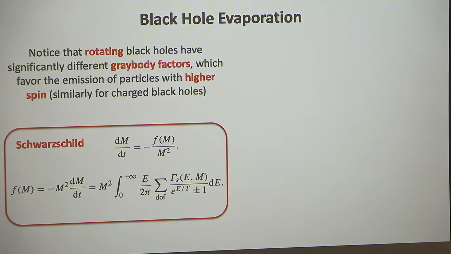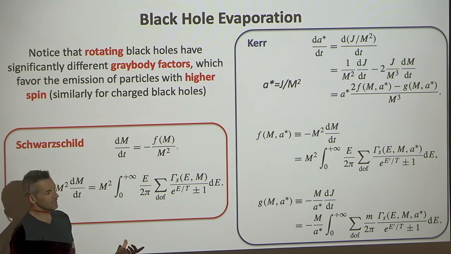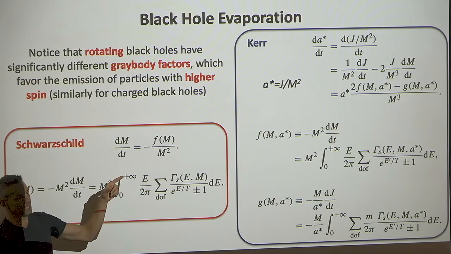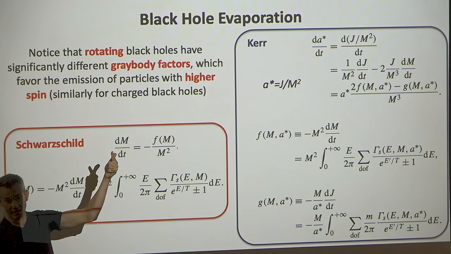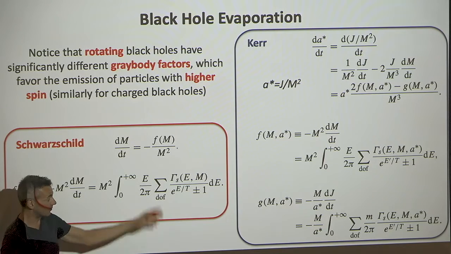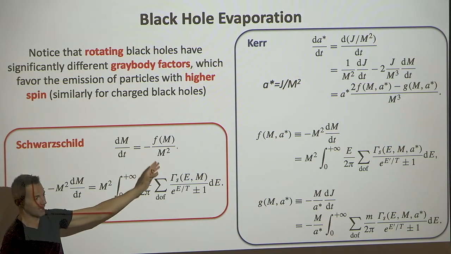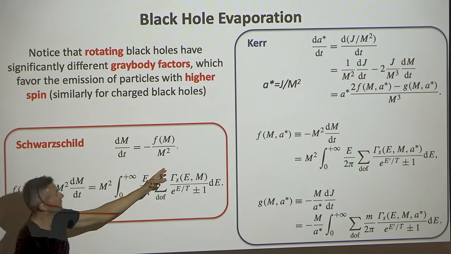Okay, cool. Excellent. In the case of Kerr black holes, you have a slightly more complicated picture where at the same time, you have to keep track of how you shed mass and how you shed spin. So you have a tangled set of differential equations. And again, this is all in the slides which are uploaded on the wiki, so you don't need to write those formulas down. What I want you to remember is that you have